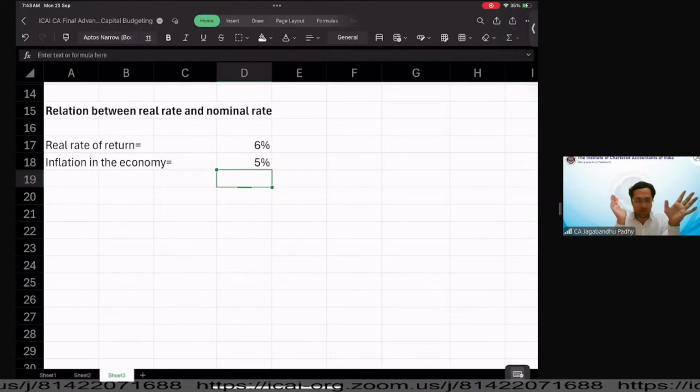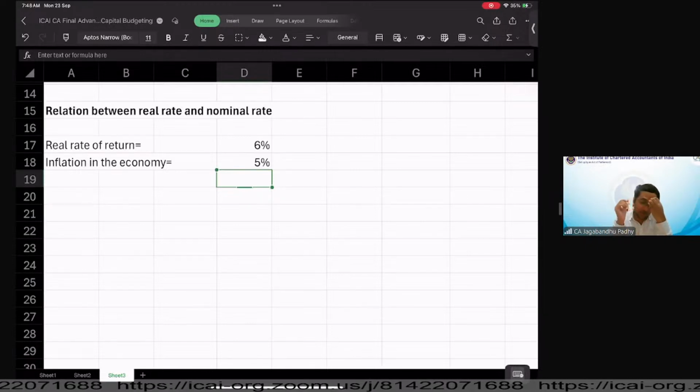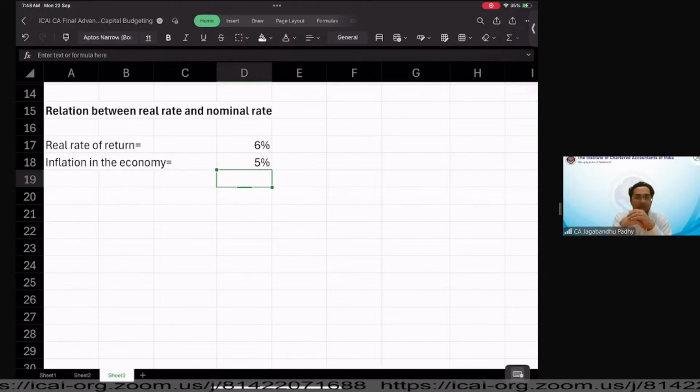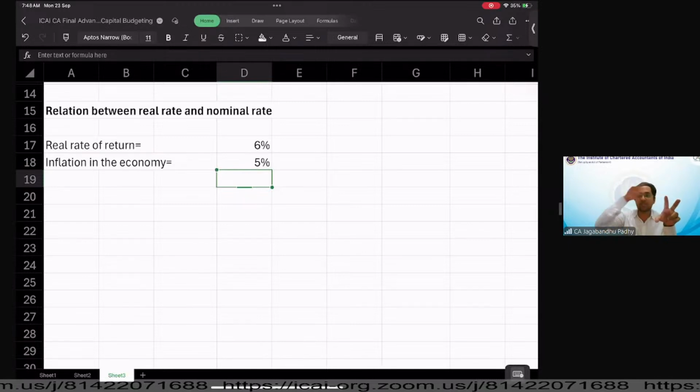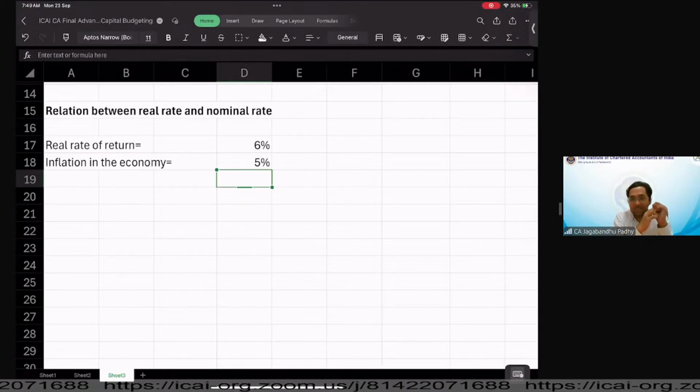Real rate of return is 6%, and the prices are going to rise in the market at 5%. Well, some of you may say, let's add them, sir, because we need 6% return and also 5% because the money that we have invested should also get inflated by 5%. Total, you may be thinking it should be 11%. Some of you may be thinking 6% is the real rate of return, and on that we will add 5% of 6%, so that will give me 6.3% return. The second one is absolutely not acceptable. 6.3 is not correct.